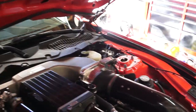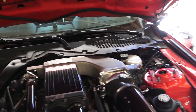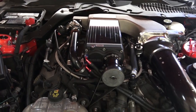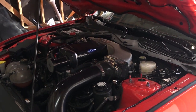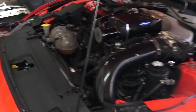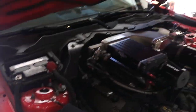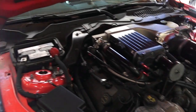So there she is. Kenny Bell 2.8 liter. The mammoth intake. I do think that this is one of the best looking blowers on the market. Obviously there's a lot of different choices. It's definitely not the least expensive by any means, but seems like everybody has a Paxton and all those other blowers, Vortec, VMP. So I just wanted to do something a little different that nobody else in my area had, which is the reason why I went with the Kenny Bell. But not to bore you with all that stuff, let's get this oil changed and